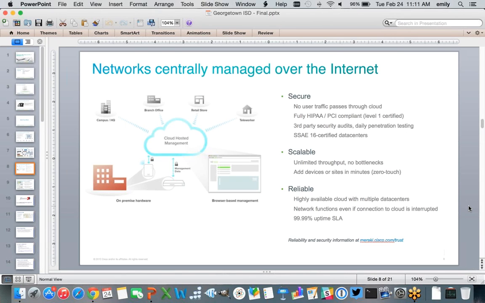And then there's built-in reliability. So there's high availability built into our data centers. We have a high service level agreement for uptime, 99.99%. And we can talk about this more if there are questions. But if you lose connectivity to the internet, your network will continue to operate with its last known configuration.